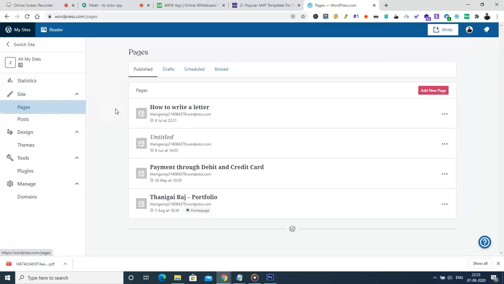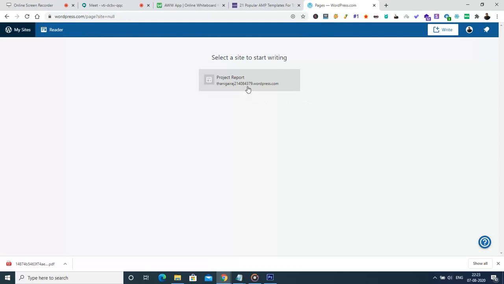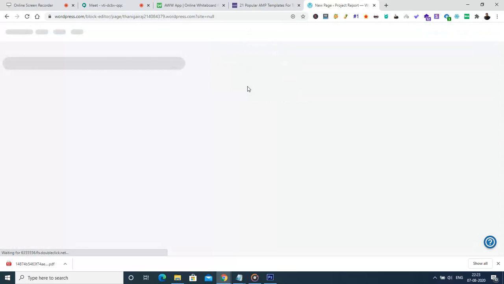Once we have come to the pages, we have to click the add new page option, and select the project that we had already created.